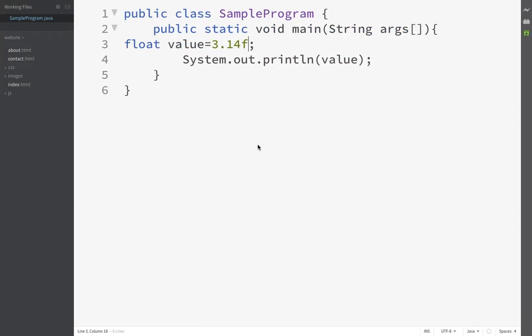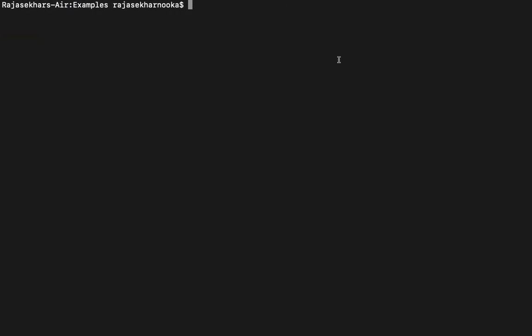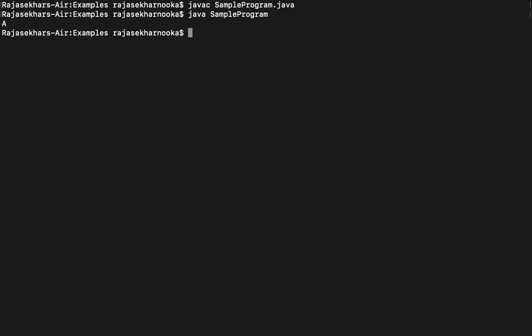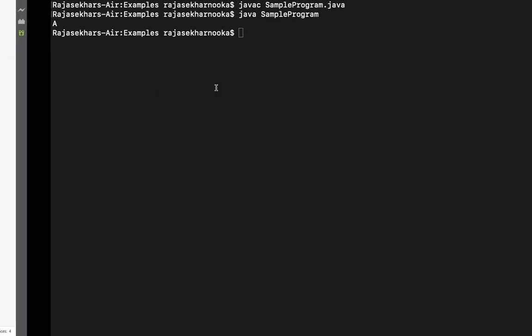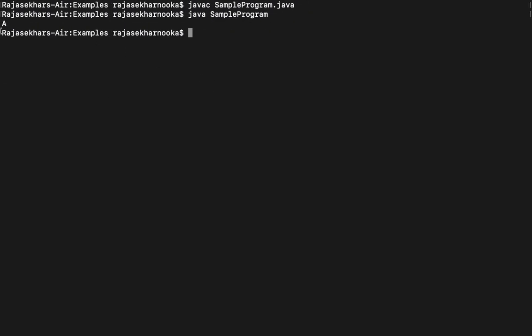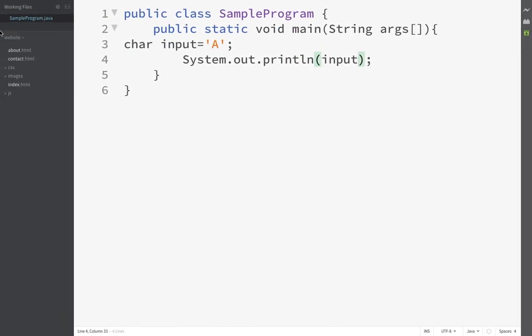See that example. char input equal to 'A'. Here is the output, capital A. For this character, the ASCII value is 65.